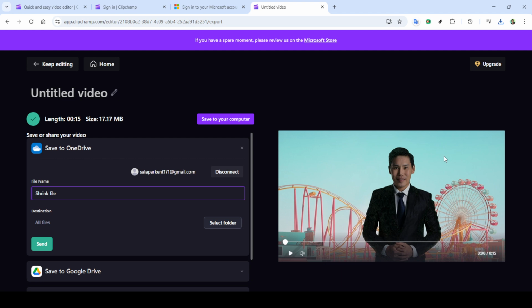And there you have it, folks, a simple yet effective way to compress videos using Clipchamp. This process makes managing your video